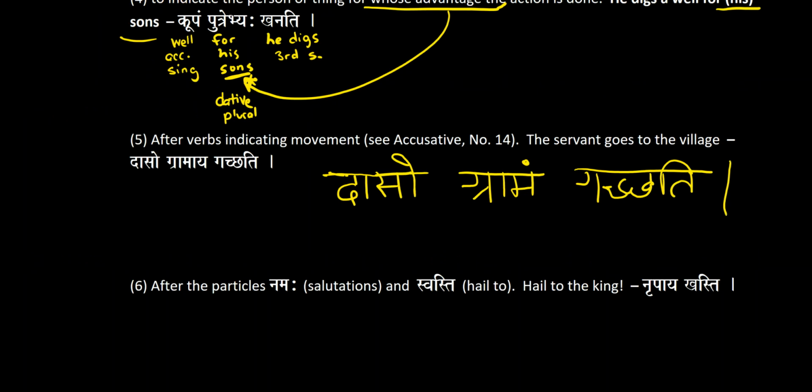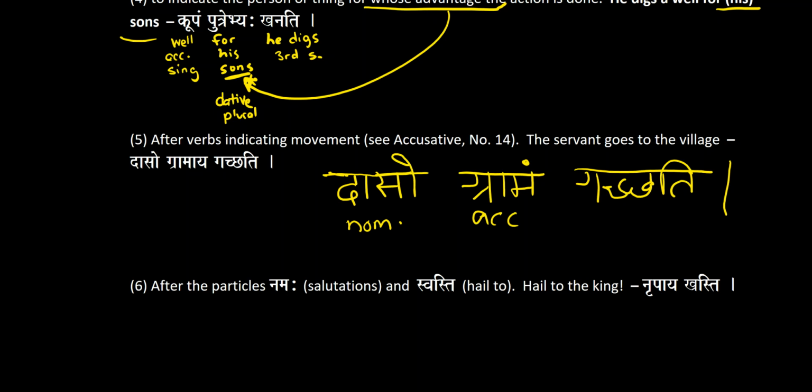The accusative way of saying this would be daso gramam gachati, where gramam is accusative. Daso was originally dasaha, but because of the sandhi rule, it is still nominative, but dasaha became daso,